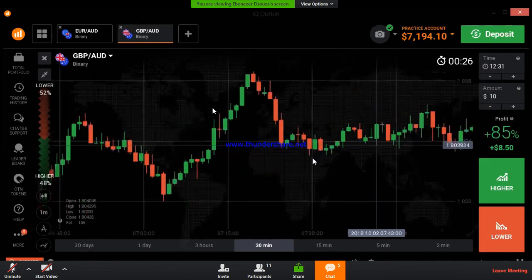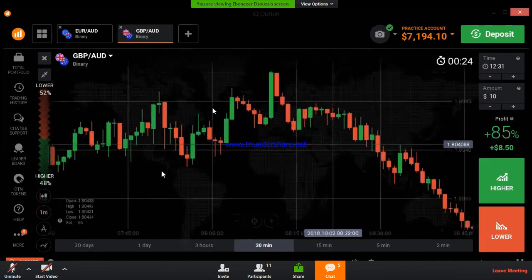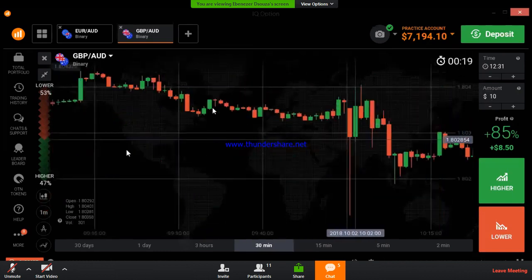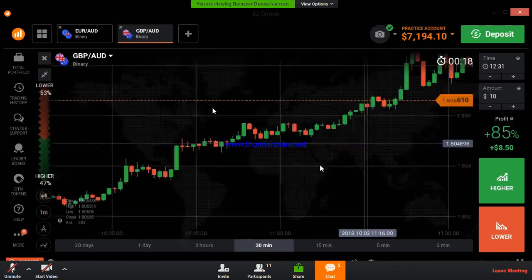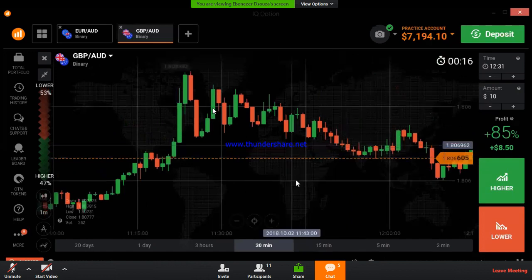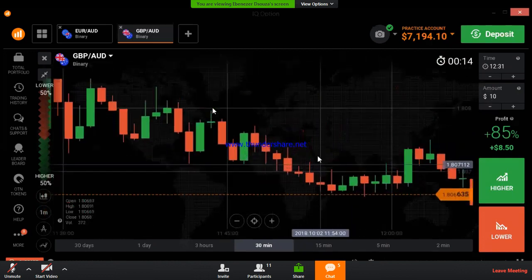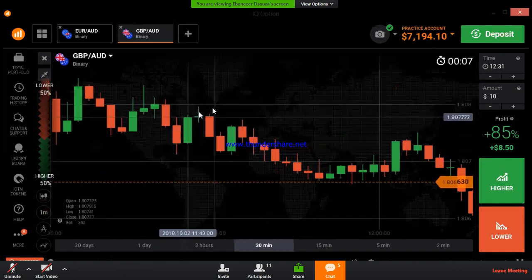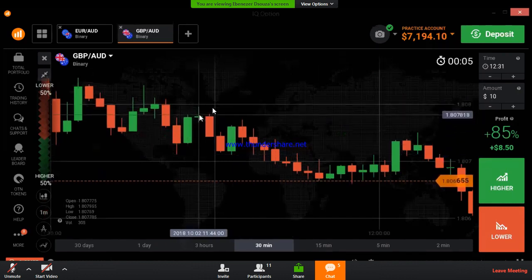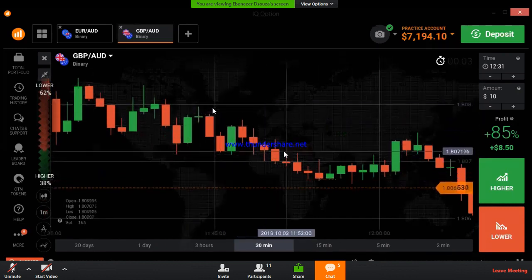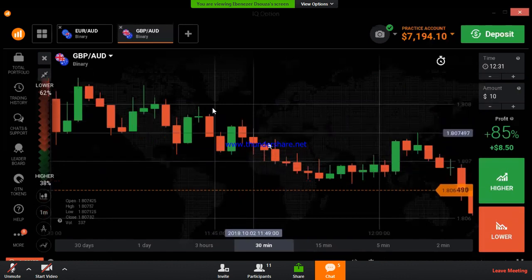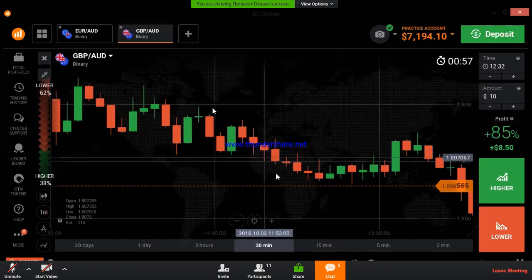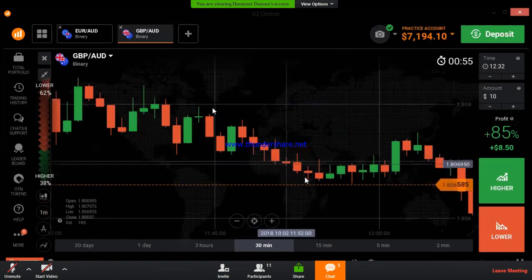Spinning tops will continue the market. It will not reverse the market sometimes, but it depends upon the situation. It can work as a reversal candlestick. Here it works as a continuation because of this strong bearish momentum. This is a very strong bearish movement. After the bearish movement, it works as a continuation.